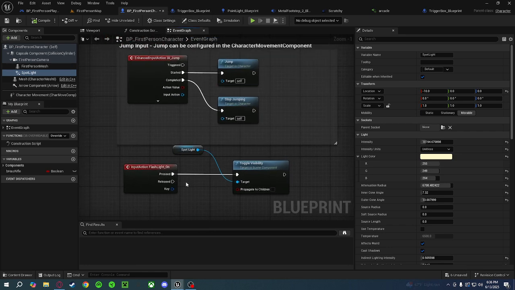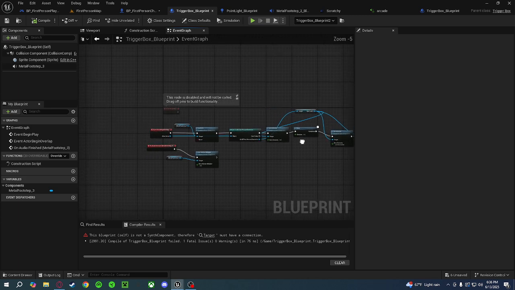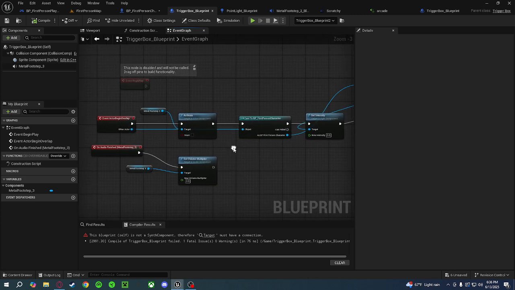Here's my scripting for the spotlight. This is just bound to left click right now, since I'm not using left click for anything else at the moment. And here's the trigger for that